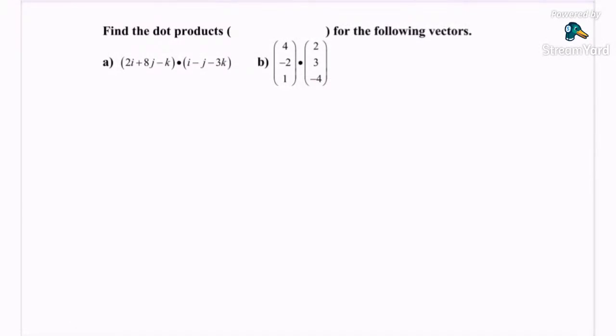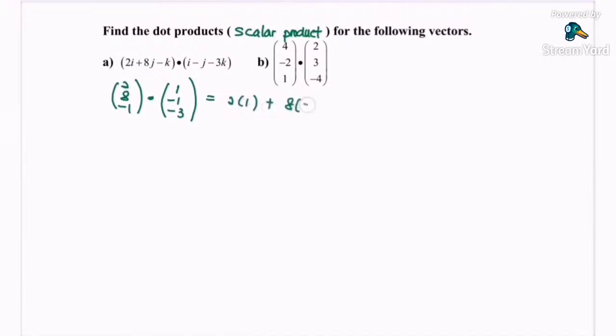Find the dot product, or we can say scalar product, for the following vectors. So where we have A, 2, 8, negative 1, dot with the situation 1, negative 1, negative 3. So in here, I need to emphasize that dot is not a multiple. So where we have 2 multiplied with the 1 plus 8 multiplied with the negative 1 plus negative 1 multiplied with the negative 3. So we will have 2 minus 8 plus with the 3. So finally, where we have A dot B